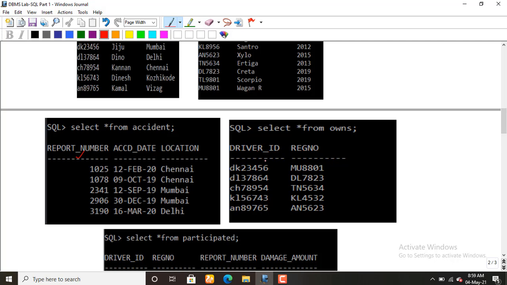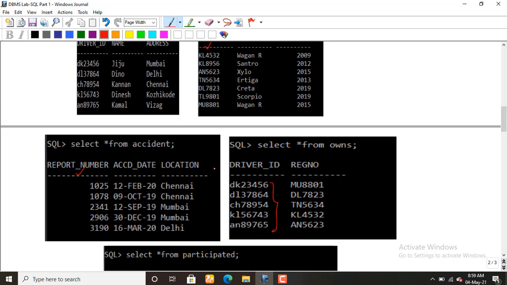So driver ID, registration number. See the tuple values, those values are already available in the parent table. Okay, so this value is available, this value is available. So all the values are already available in the parent table. If you are entering data which is not available in the parent table, then it prompts an error. Okay, that is an integrity violation, because these tables are already connected with a foreign key relationship. So a primary key of one table will act as a foreign key in this table. So you are using the data which is already in the parent table.